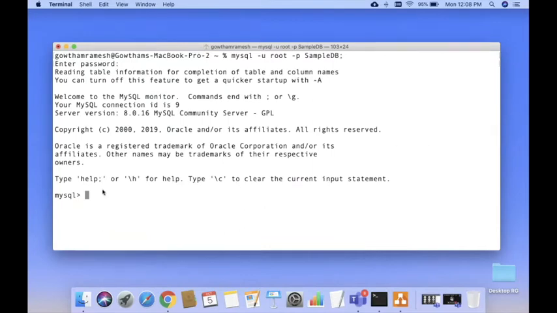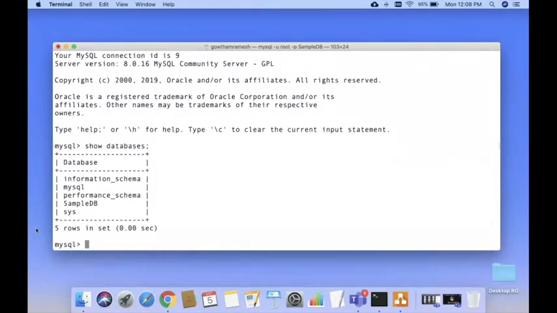Now I have entered my MySQL database. First of all, I want to check how many databases there are in my local system by using the show databases command. So I have information_schema, mysql, performance_schema, sampleDB, and sys. sampleDB is the database which I'm going to replicate in the AWS RDS.